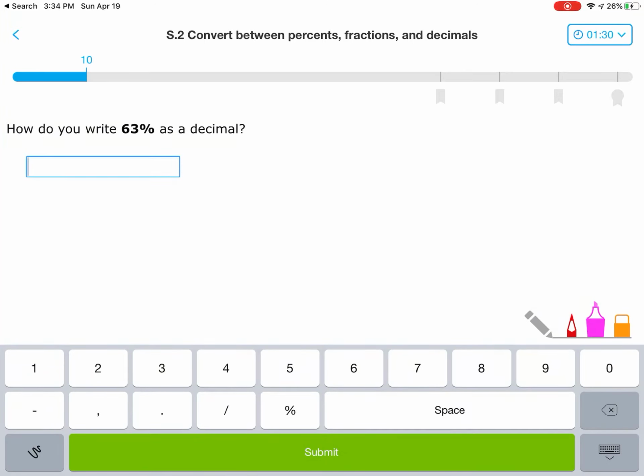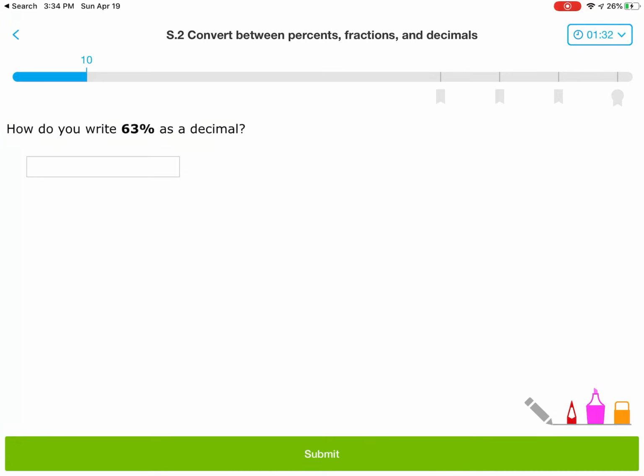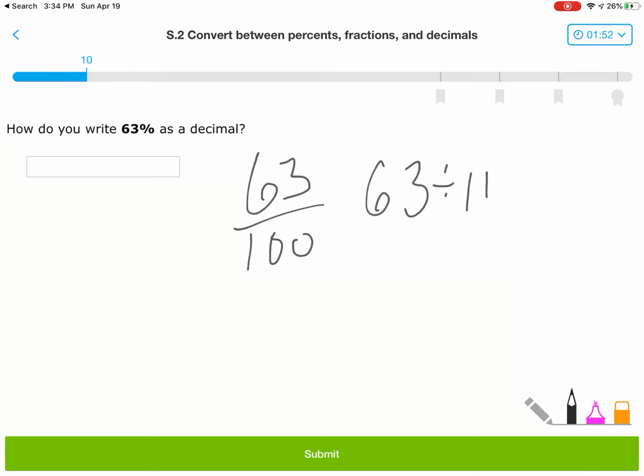All right, let's do another one here. 63% as a decimal. Now, I've got a couple ways that I could do this. If you remember, the first thing that we could do is we continue to follow those arrows, and the arrow from percent to fraction is just taking my percent and putting it over 100. And then from fraction to decimal is just a division problem. So I could do 63 divided by 100, and I get